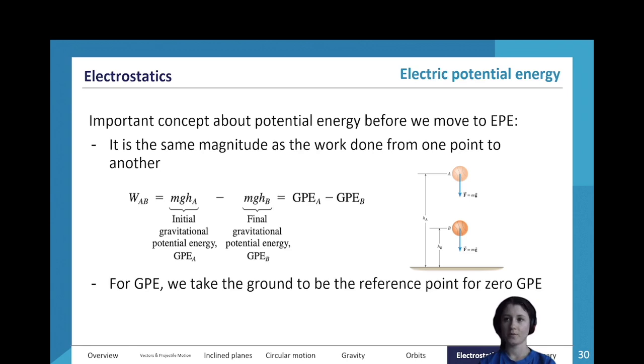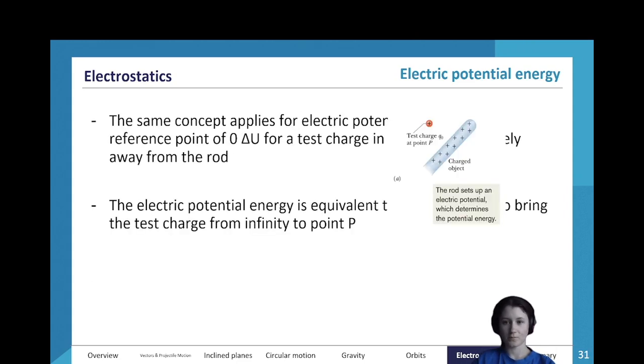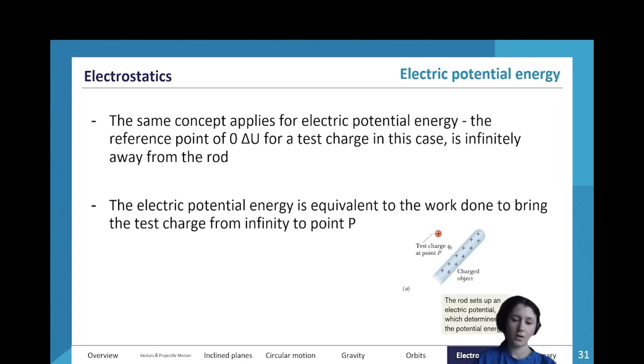Alright? And for gravitational potential energy, GPE, we take the ground to be the reference point for zero gravitational potential energy. So, the same concept applies for electric potential energy. Alright? The reference point to 0 delta U for a test charge in this case is infinitely away from the rod,